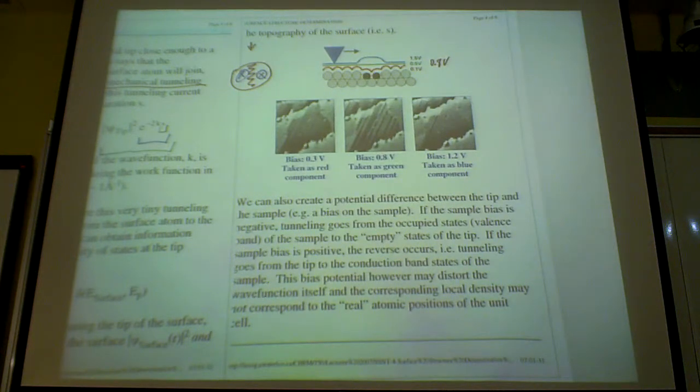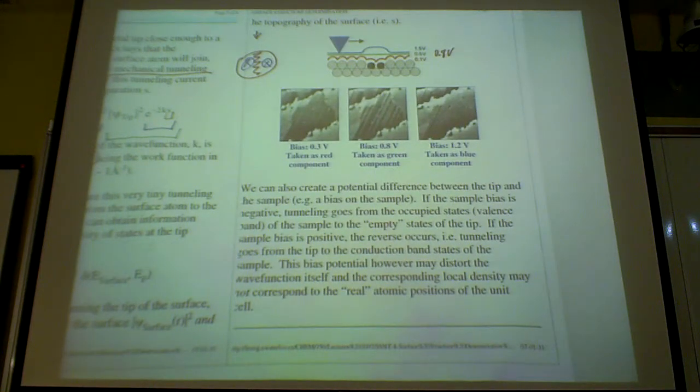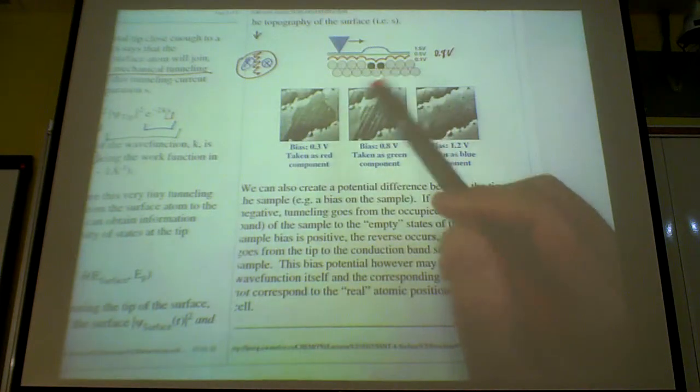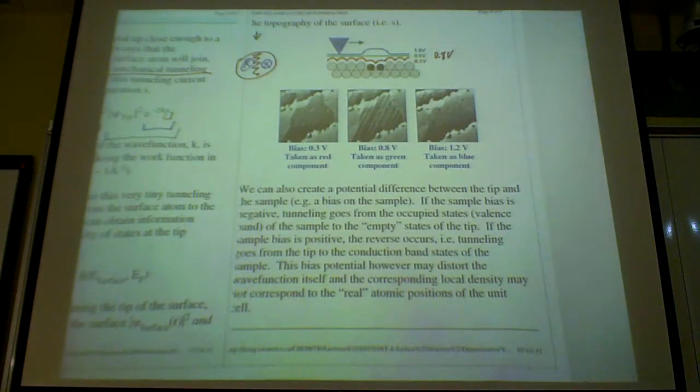So tungsten is an atom, so it also has its electronic energy levels. So with a negative bias, you push the electron out from the filled, occupied state in your sample, the surface atoms, onto the empty state of the tip atom. If the sample bias is positive, what happens? Then the reverse will occur. You are now sucking electrons from the filled state of the tip atom into the empty state of the surface. Okay, so you